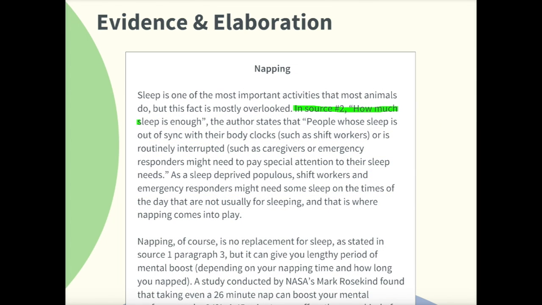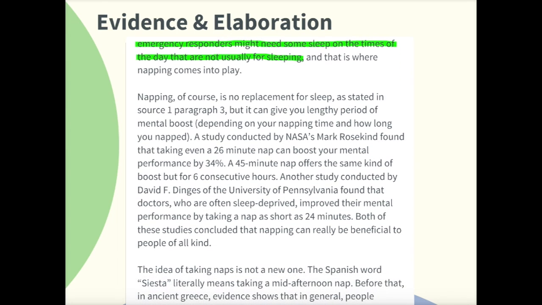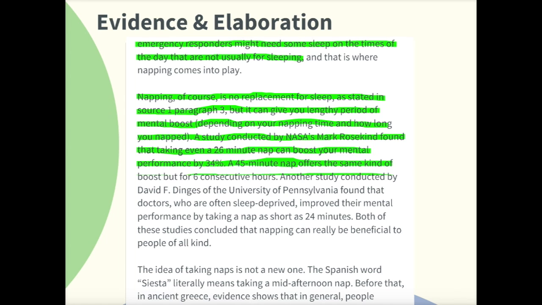I've used my green highlighter to tag evidence for this dimension. The essay introduces the problem of sleep deprivation by integrating examples of sleep-deprived workers from source 2, people whose sleep is out of sync with their body clocks, such as shift workers, or is routinely interrupted, such as caregivers or emergency responders. In paragraph 2, the essay integrates scientific research evidence from source 1 about the benefits of napping, including